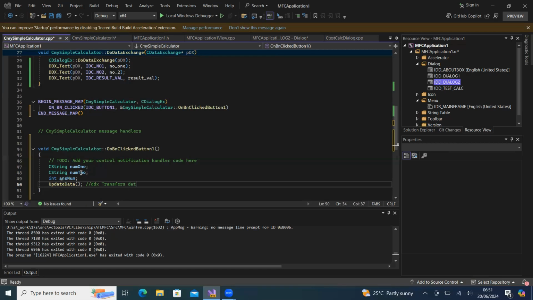Transfers data from controls to variables. So once this update data is called, our values from our edit control will be passed to our local variables. That is what we are using in our code. Next,